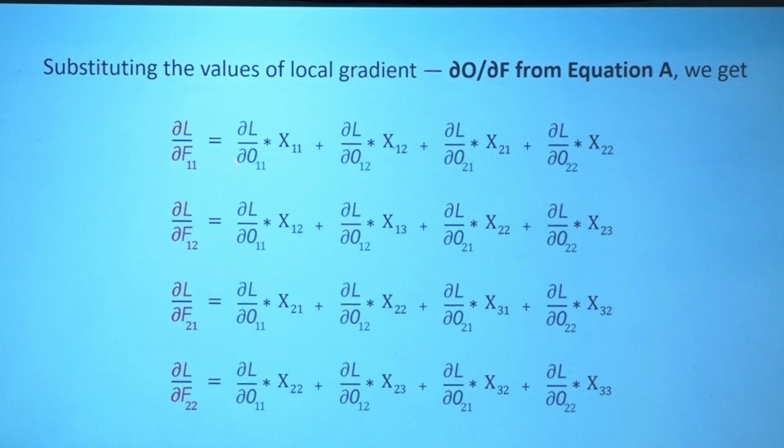Look at how these equations are, and compare how the equations of O11 were initially, when the filter F is convolved with the input X. Now tell me what these equations are. Addition of multiplicative terms between the loss from the previous layer and the input. Exactly. Isn't it the convolution between the output gradient and input?